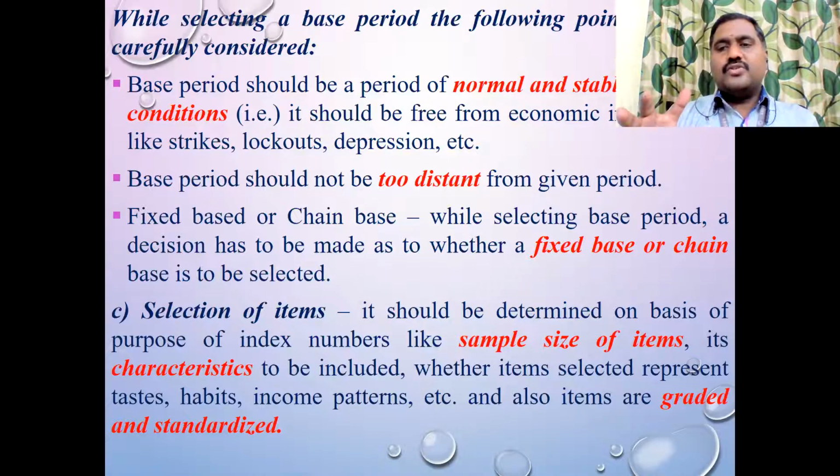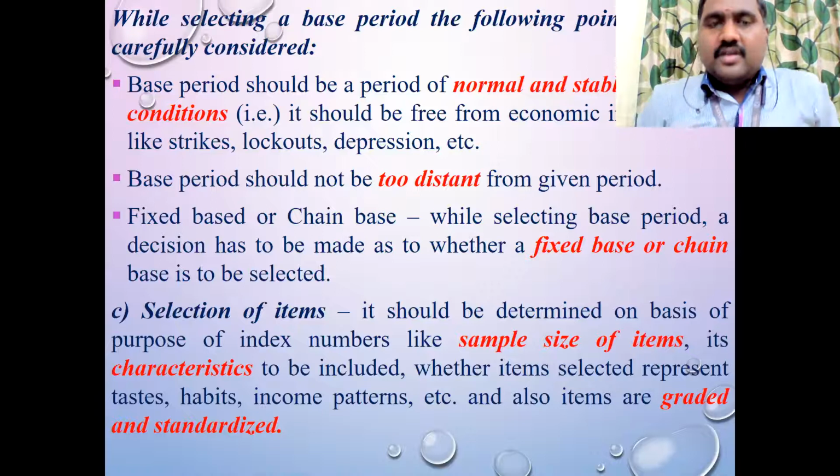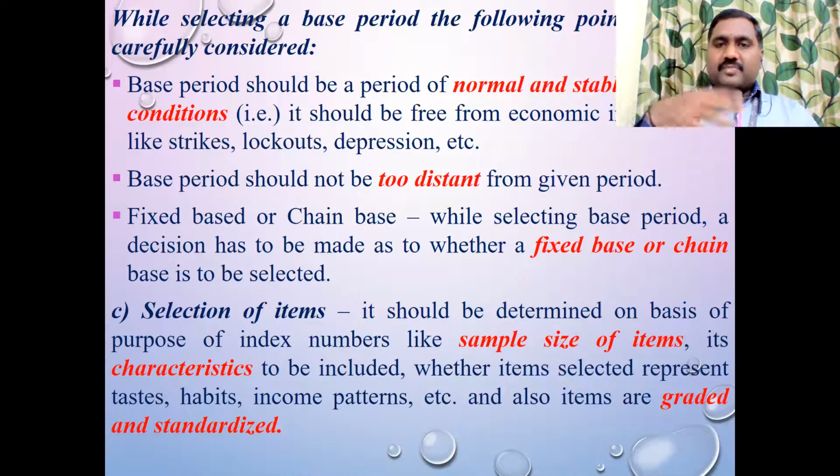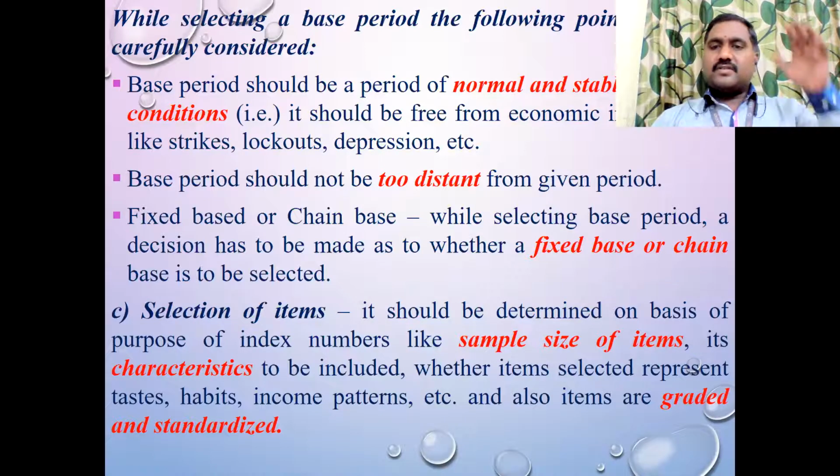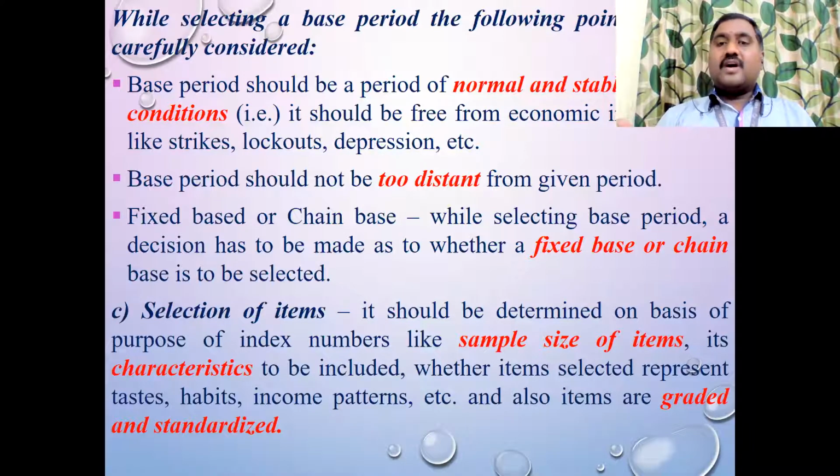This is the situation. So this kind of situation you cannot consider for the base period because these are all temporary. Even in this pandemic situation, for the past 2 to 3 years, some businesses went down and some online businesses increased. Can you say online business will stay at the same standard and percentage for the next 2 to 3 years also? Who knows? Suppose after 1 year the pandemic goes and we come back to normal. Then other businesses will also develop, and online business will be at a normal level compared to this year.